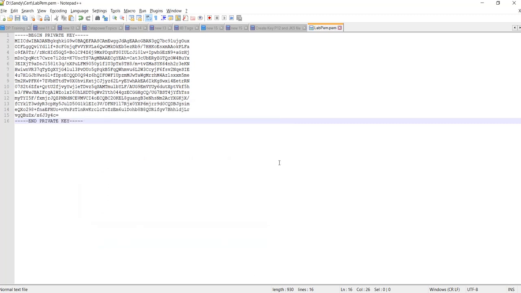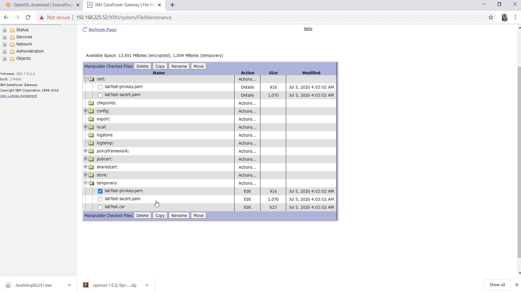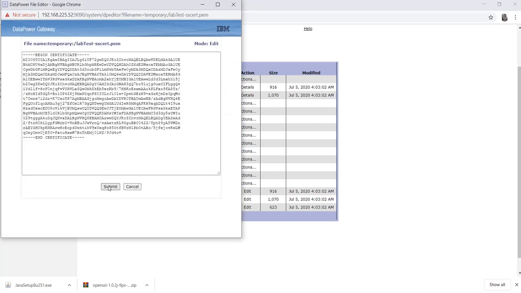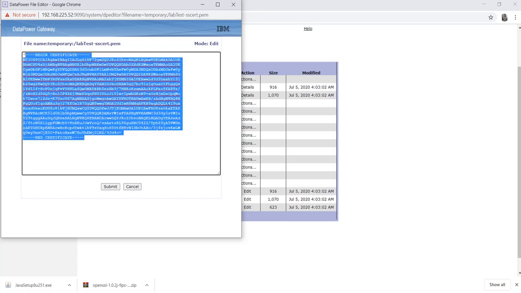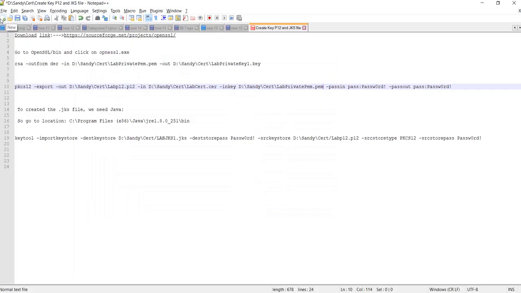After that, we'll close this one and we'll copy the certificate file. So this is our certificate file. We'll click here, edit, and we'll copy. Here you can see that the certificate starts with begin certificate and ends with end certificate. So let's copy this content, and we'll create a new file again.